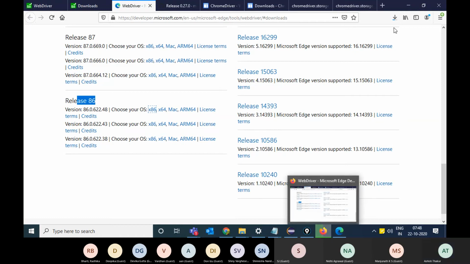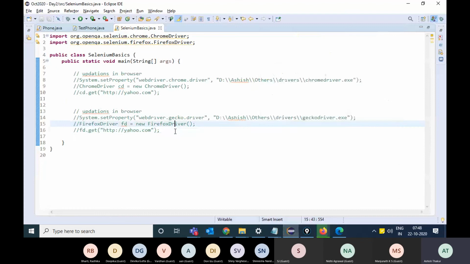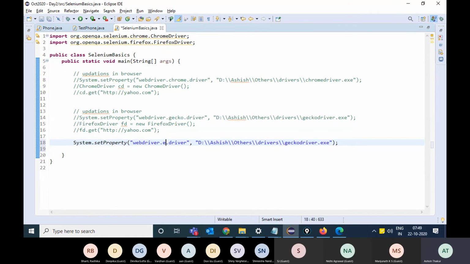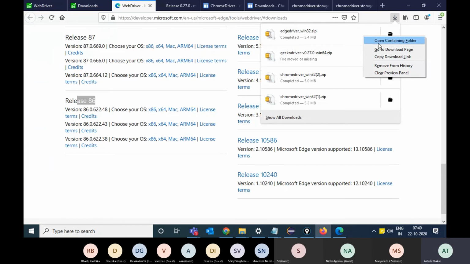Once it downloads, again you need to write the same command, that is System.setProperty webdriver.edge.driver to the path of this particular exe.